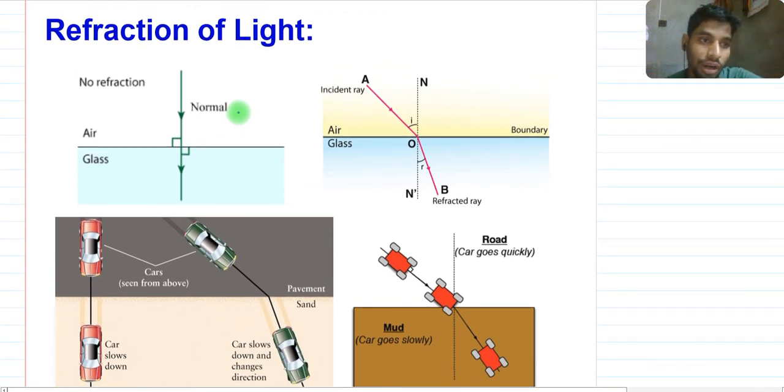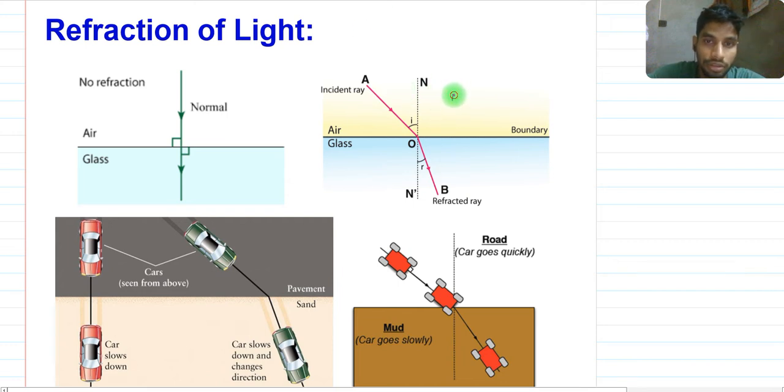When light moves from one medium to another medium, suppose from air to glass, or water to glass, or glass to water, then in which direction will it bend? We will show. If we draw a normal to the interface between air and glass, say this is the normal. If light is incident from air medium to glass medium, air medium is called